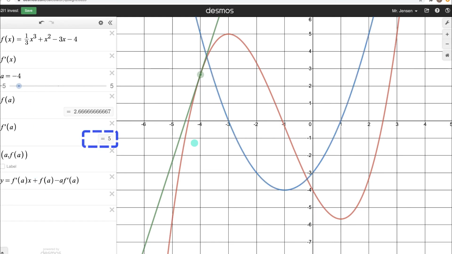if I were to draw a tangent line to the original function at that point, the slope of that tangent line would be 5. So the y value of the derivative tells us the slope of the original function at any x value, and the slope of that function can be represented using a tangent line. And look at the other interval